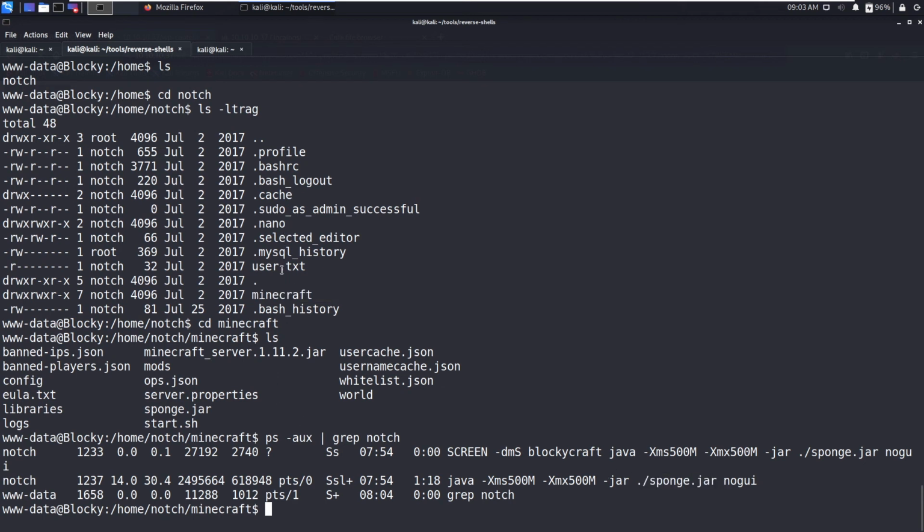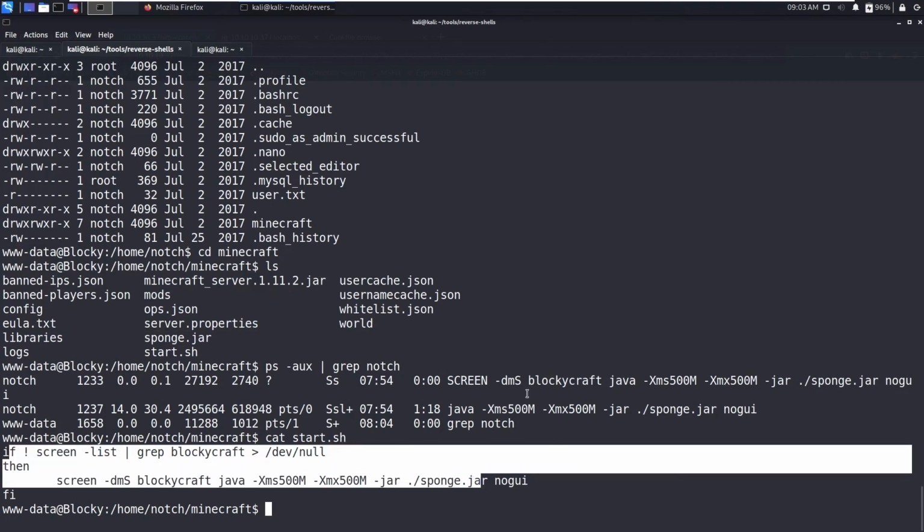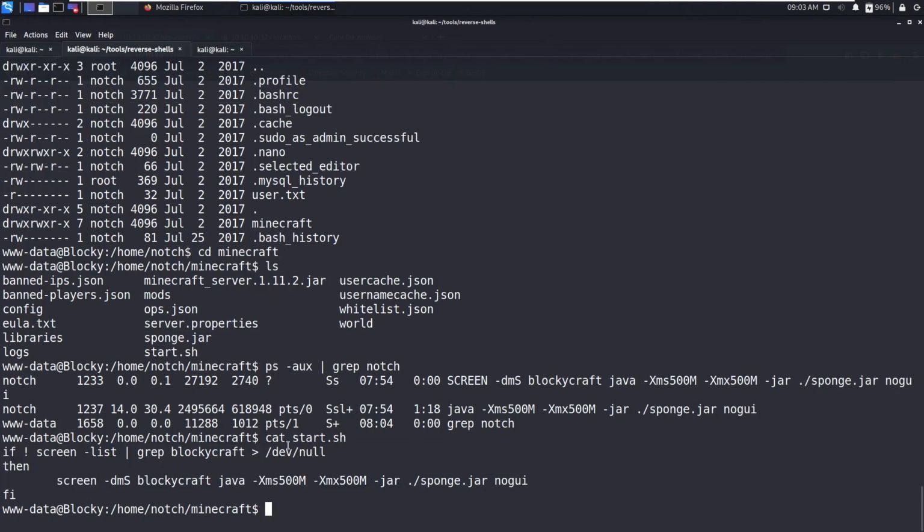This is the sponge.jar. You will see it when you type ls. This startup script is running this one, cat start.sh. Okay, this is a rabbit hole and does not give anything.